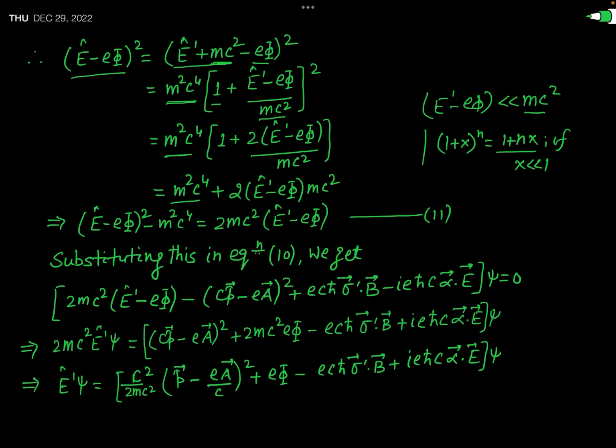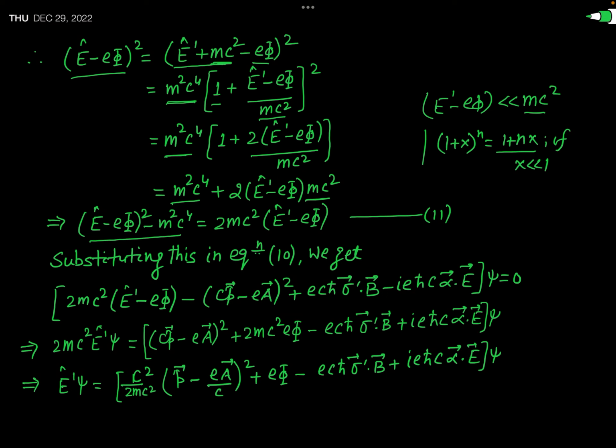This will be m square c4 plus 2 times E dashed minus E phi times mc square, because one of the mc square will cancel out, okay? So in the non-relativistic limit, we have simplified this term, E minus E phi whole square minus m square c4,